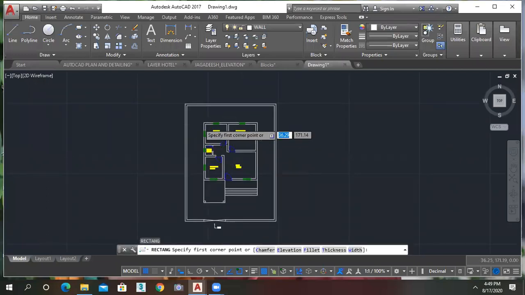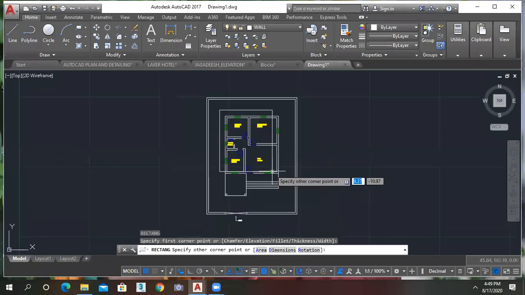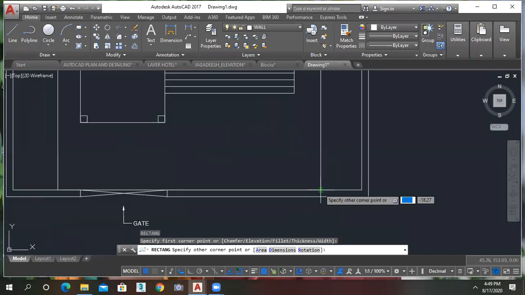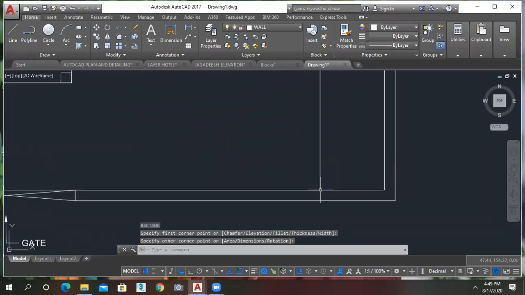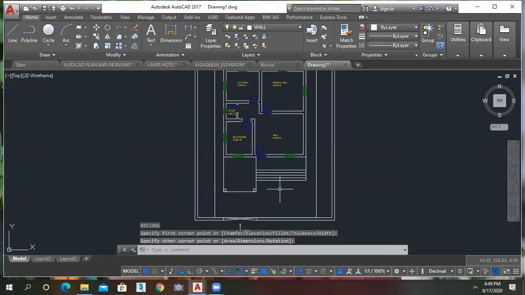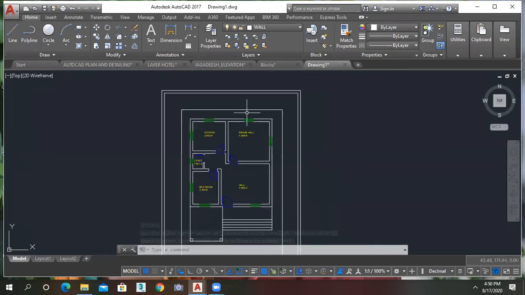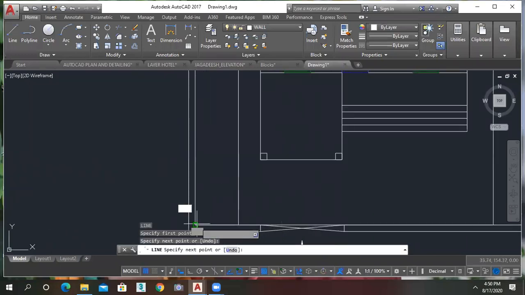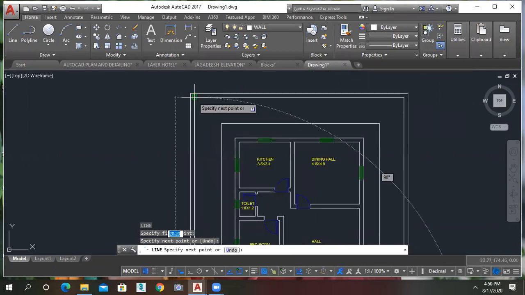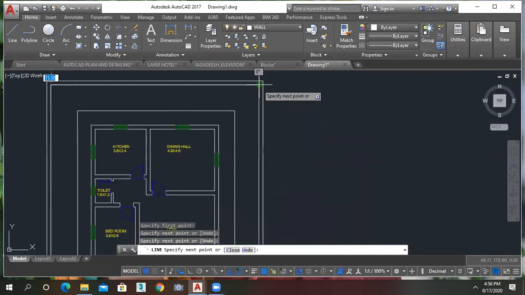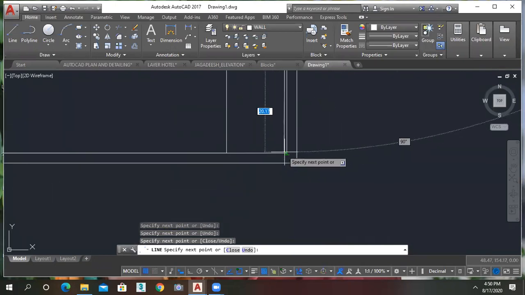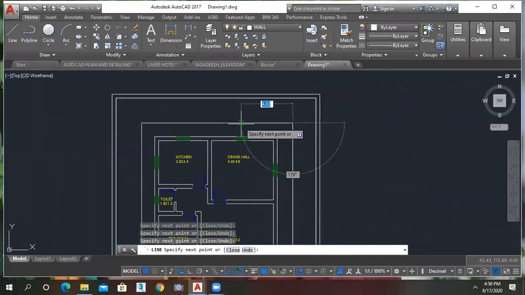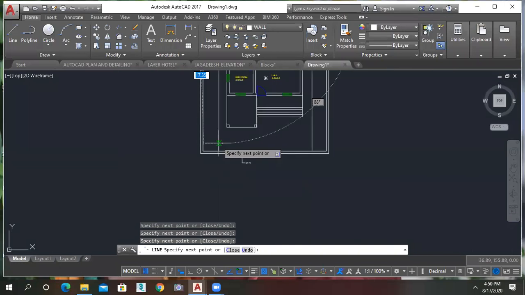Rectangle, REC. I just divide the portion into parking portion and greenery portion. So go to the hatch and show the particular patterns here. For greenery purpose, I will just make a closed boundary like this. Because if the boundary is not closed, then hatch is not provided. We have to end where we start.